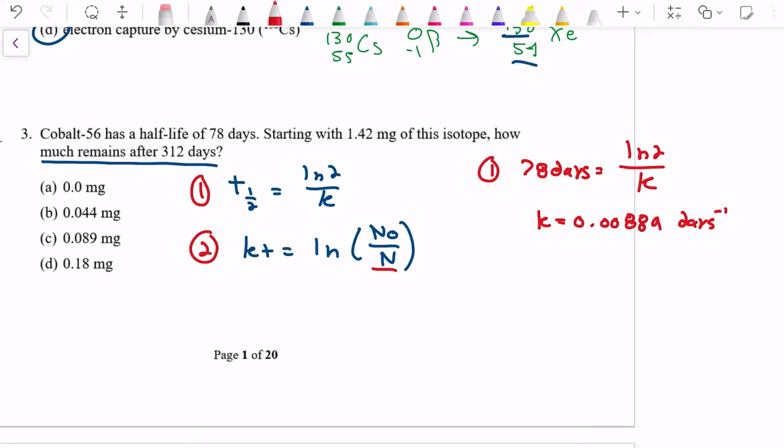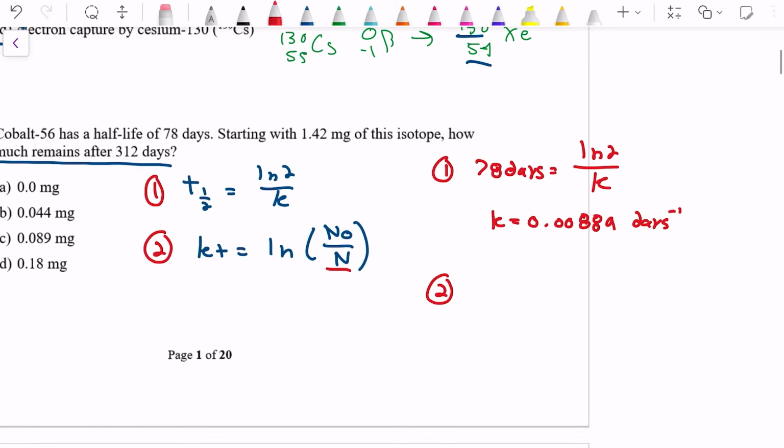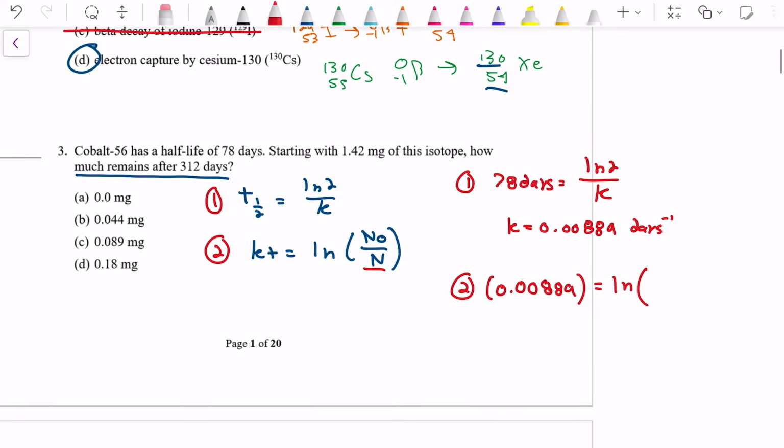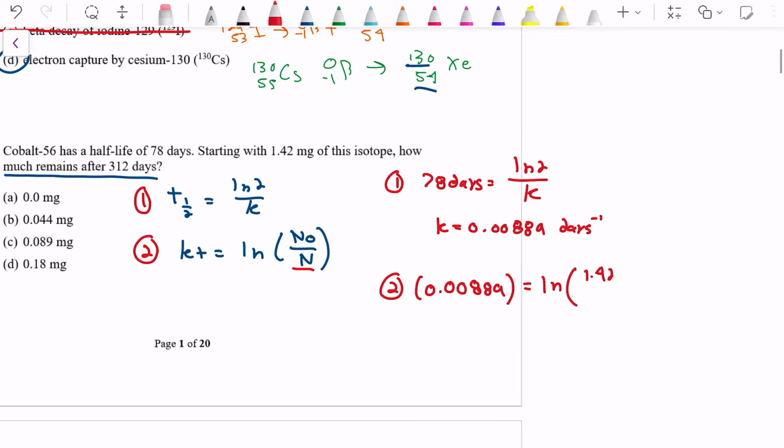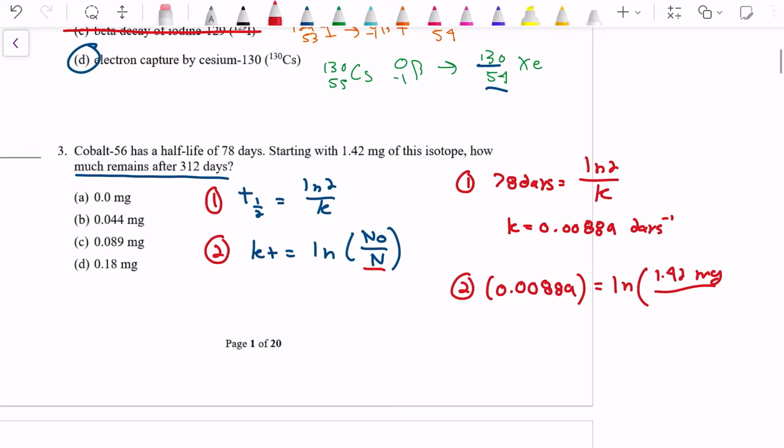Okay, so now we can move on to equation 2. Let's just plug it in. 0.00889, I'll omit units. Inverse days equals the natural log of, let's see, the initial amount, which is 1.42 milligrams, over